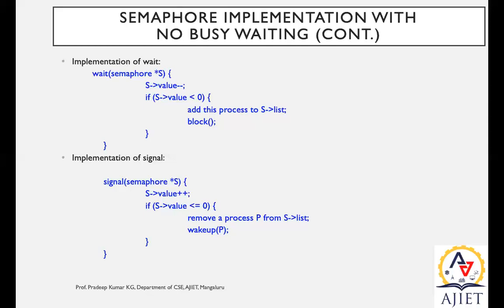So it's P1's turn to have the critical section. P1 will enter the critical section, and automatically the value will be decremented by 1. Now the pointer is moved to the next, that is P2, so that P2 will have the access. So how to remove? Use a signal: remove a process P from the list. One process should be kept out of the list because it has already utilized the critical section. This is how we can implement it.